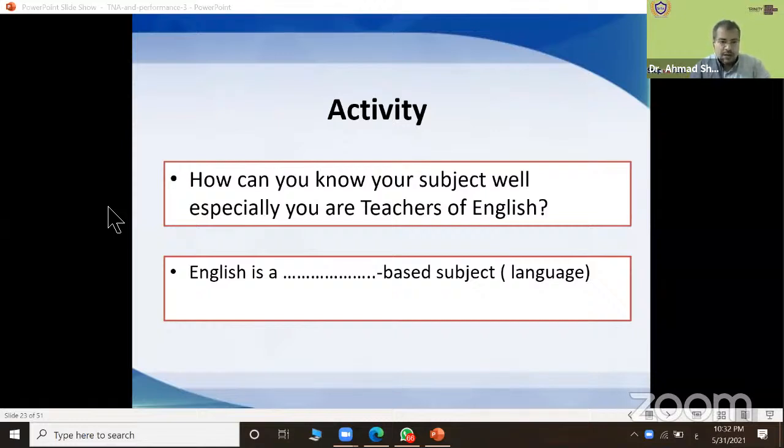For skills, you should practice listening, speaking, reading, writing well. You should know the systems of the language: grammar, vocabulary, phonology, pronunciation. You should update, upskill, upgrade your knowledge and skills of the language itself as a teacher, because as a teacher, you will convey your knowledge indirectly to the student. So the first module in any TEFL or TESOL course is language awareness.